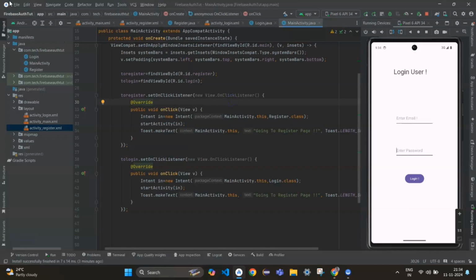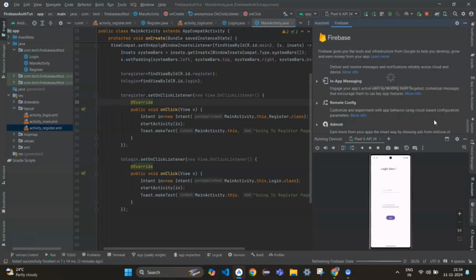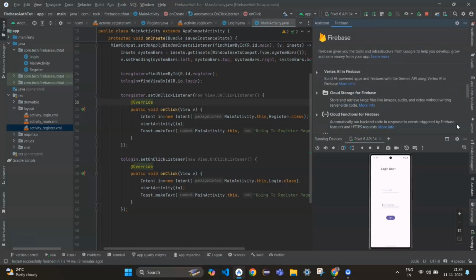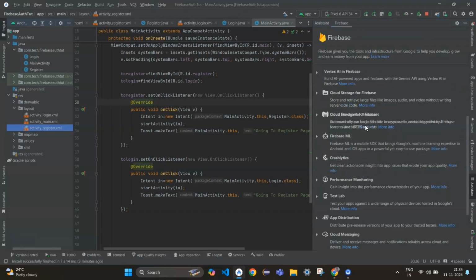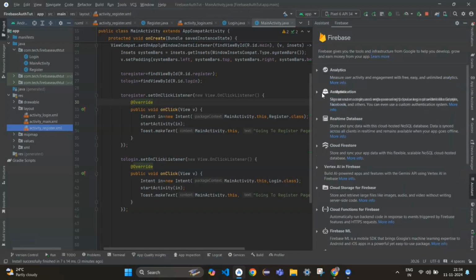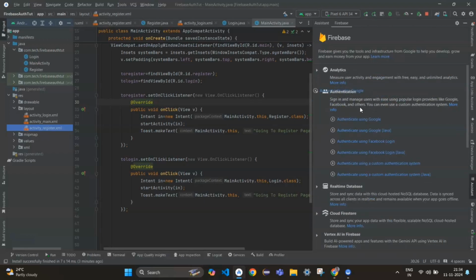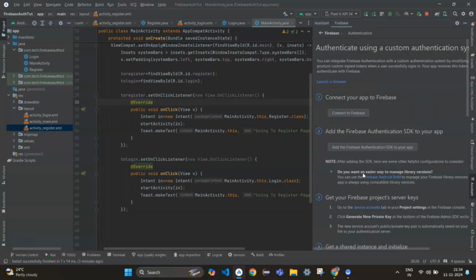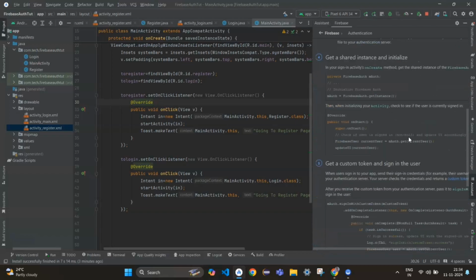Now, to connect Firebase to your Android application, you just have to go to Tools and you can see Firebase. If you are using a new version, then you will see the 3 lines, where we are seeing the File option in my version of Android Studio. After clicking that, you just have to scroll up and search for authentication. Here it is. You just have to select authentication using a custom, the last option in Java, because we are coding in Java. Then click on connect to Firebase. It will